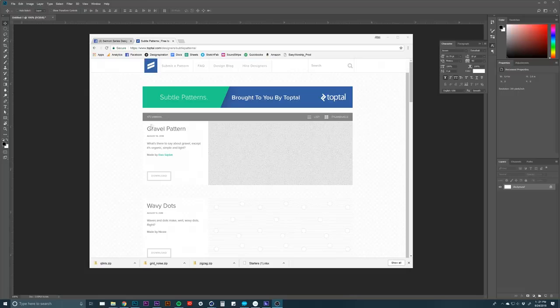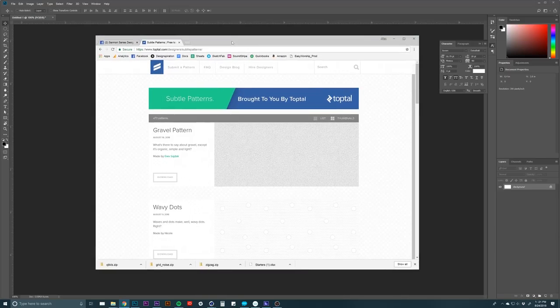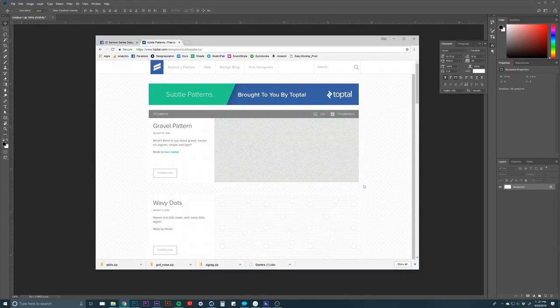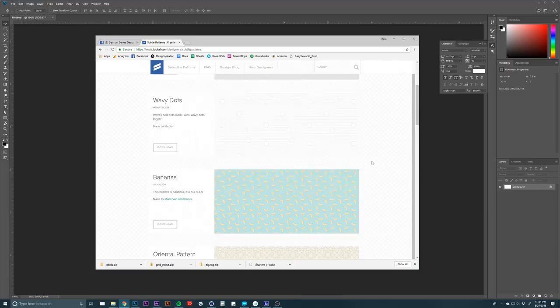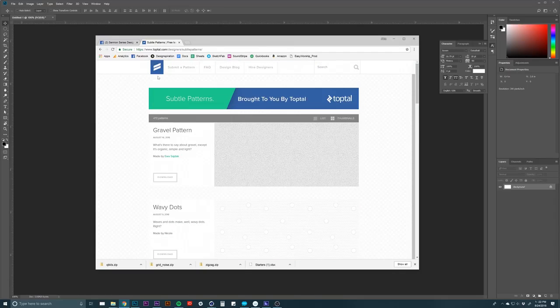Hey guys, while I'm about to start a project, I thought I'd share this site with you if you haven't heard of it before. Super useful. So if you're trying to make textures in Photoshop and just need something super subtle, you can obviously drag in your own high-res images of paper and all that good stuff. But if you're looking for something that's a seamless pattern and very subtle, then this is a great site to use called Subtle Patterns. I usually type in subtlepatterns.com and this is what comes up, or just Google subtle patterns and